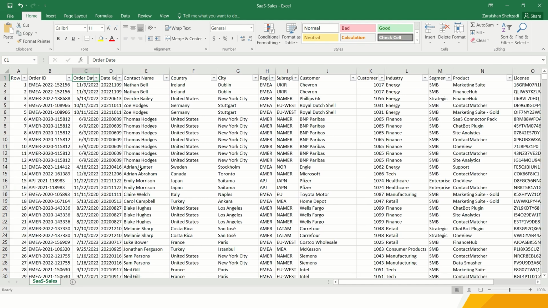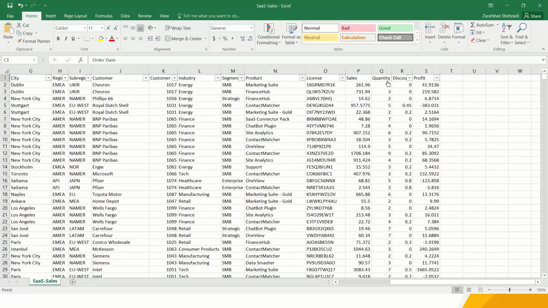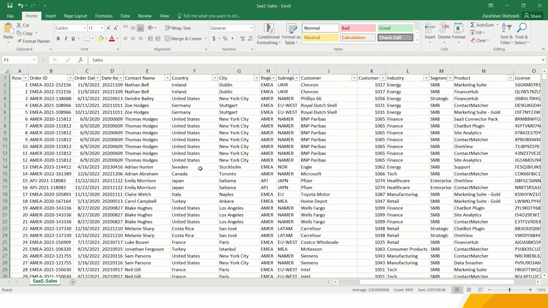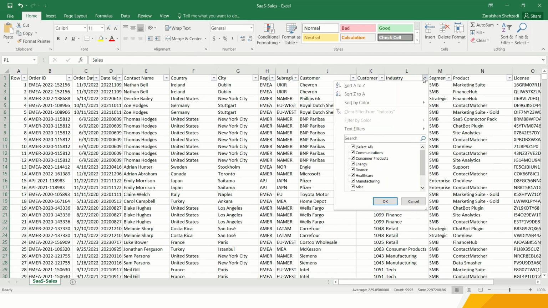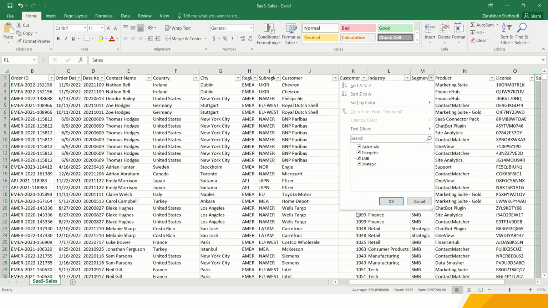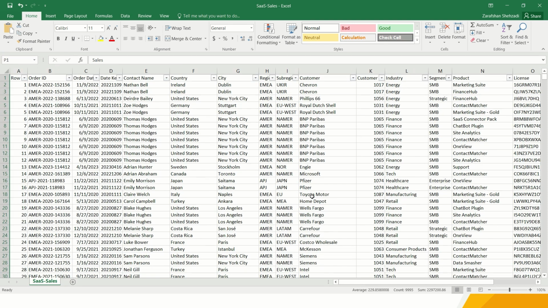One thing, we are going to analyze the sales amount in our data set. We are going to check monthly sales, and then we are going to check these sales on the basis of multiple attributes: on the basis of industry, country, and city as well. We have multiple industries in our sales: energy, finance, healthcare, manufacturing, etc. And there is one more thing, that is segment. So we are going to analyze our data on the basis of segment as well. So this is the sample data, and you are going to build the dashboard using this particular data.